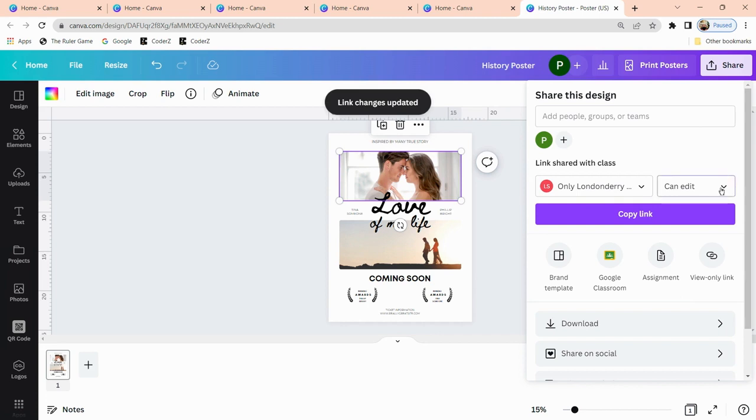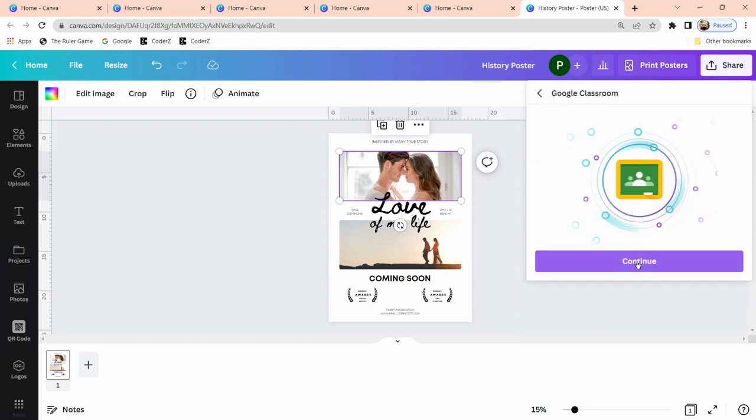Otherwise, your teacher will not be able to open it. Now, if you don't want them to be able to edit it, then you change the editing privileges to can view or can comment. In the case of a teacher, you might want to allow comments so that they can add some feedback for you. So you can copy the link and paste it that way, or email it off. Or what's really nice is there's a Google Classroom button right here and an assignment button, and you can go right into your own Google Classroom